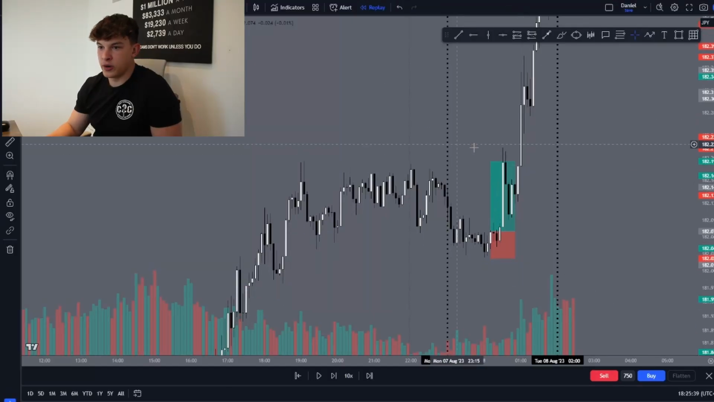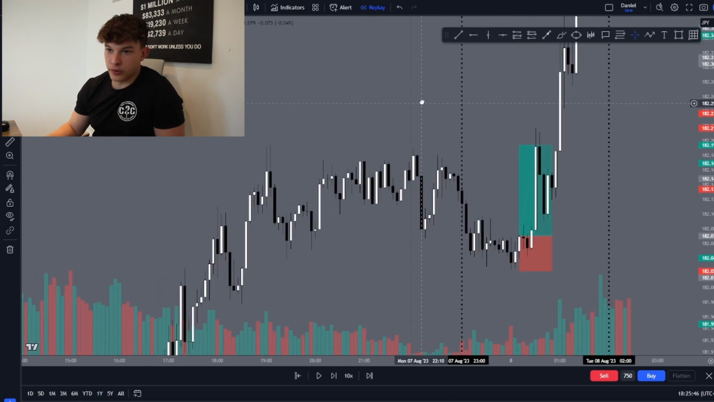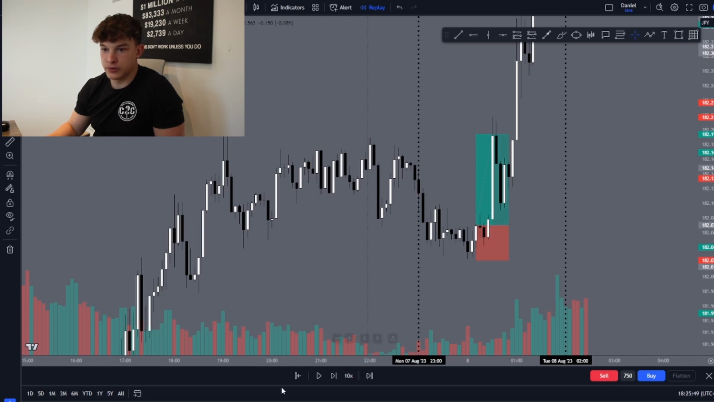So here is the trade we took on the charts. As you can see, it did pretty well, came down a little bit into drawdown, straight into take profits, not complaining. So let's go on to